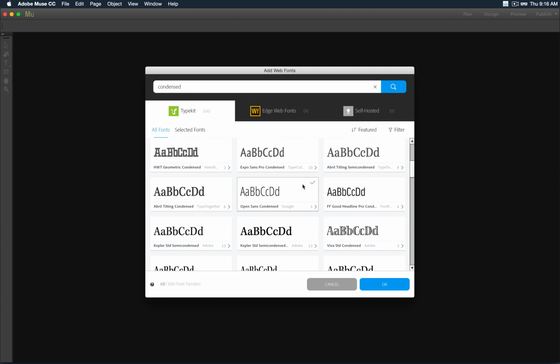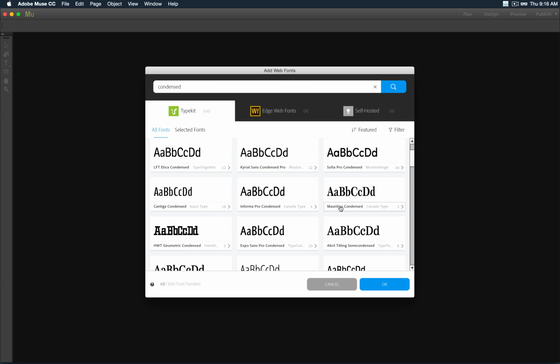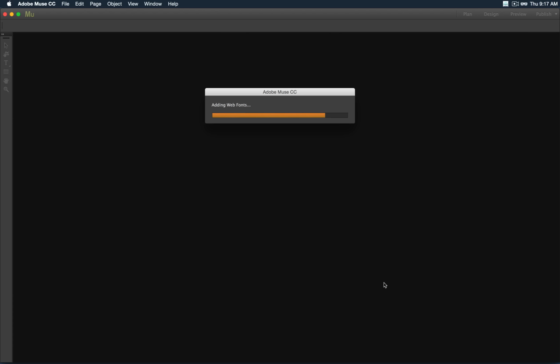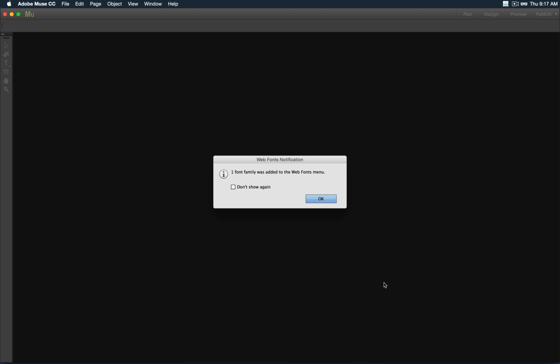So let's go ahead and pick something a little silly while we're here. So we've got Meritus Condensed, and there's 3 weights there. I'm going to go ahead and add that. So I'm going to check the box saying I'd like to include them. And if I click over to the Selected Fonts tab, I can see there's my Meritus Condensed and the Prenton Ultra Condensed that I'm working with. At this point, the magic happens. So I'm going to click OK. And Muse very quickly is having a conversation with the Typekit server, and it's downloading a runtime instance of that